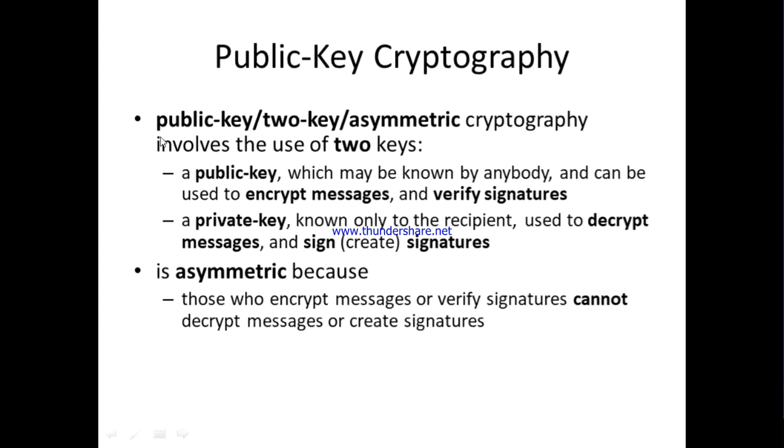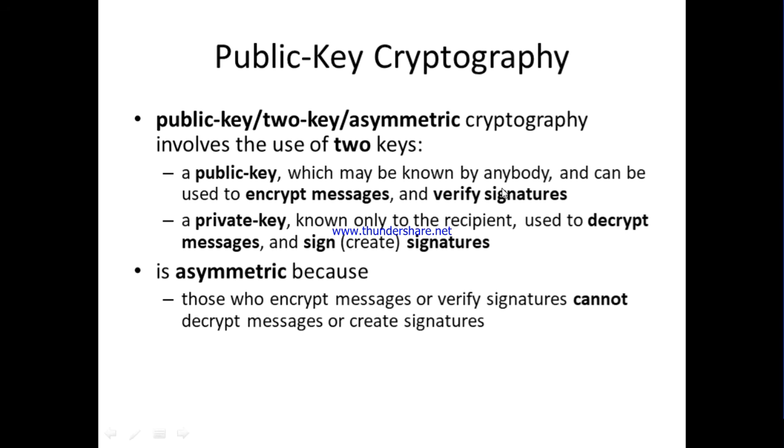And in public key cryptography, I already told you, we are using a public key and one private key. So if you are encrypting with the public key, you need to decrypt with the private key. Okay, if you are encrypting with the private key, you need to decrypt with the public key. This public key will be known by anybody, because it is publicly available. The private key is available only with the party. So mainly the public key can be used to encrypt the messages.